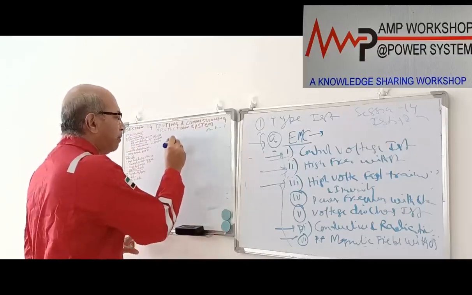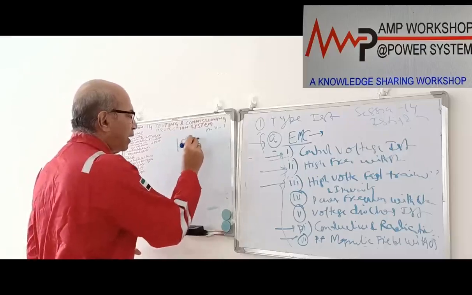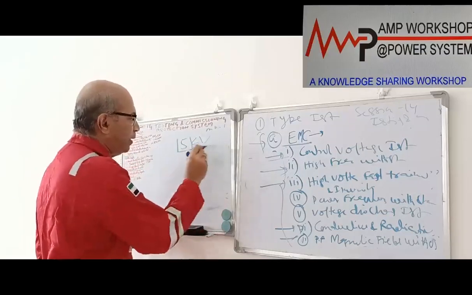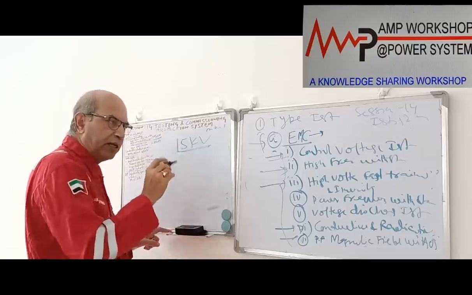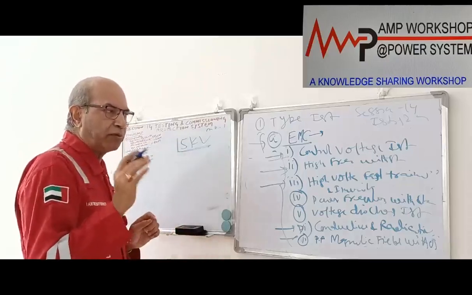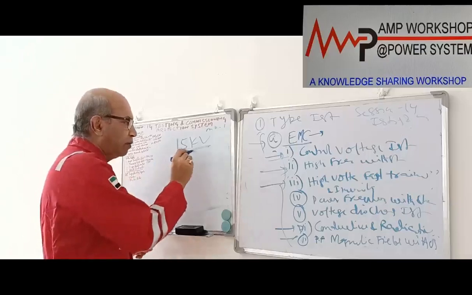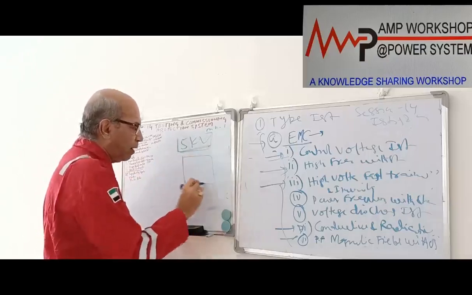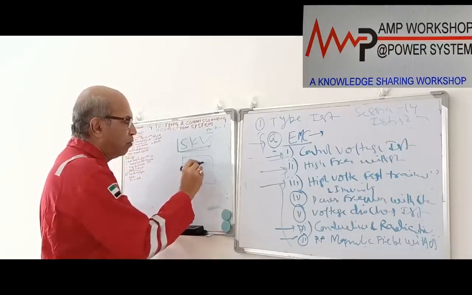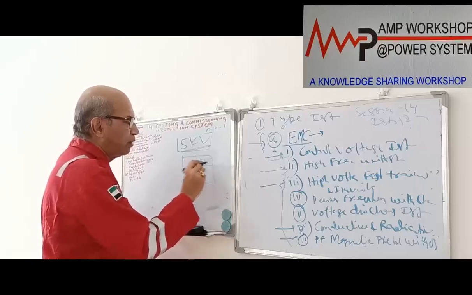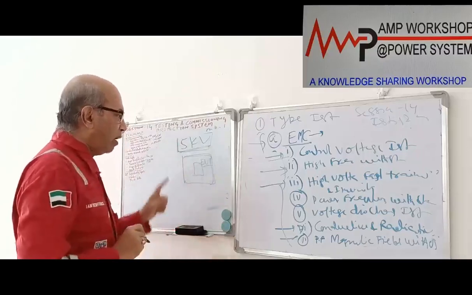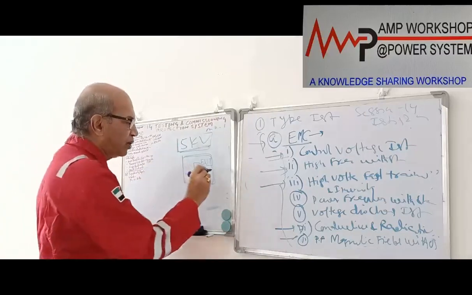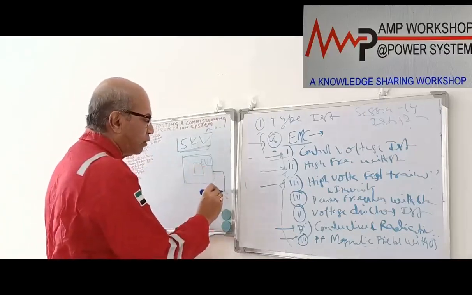We inject 15 kV voltage, we charge the cover with 15 kV, and then we discharge this 15 kV charge from the relay. The relay remains energized. All the input, output, everything is connected. Now we charge the cover. Suppose this is the cover and the relay is located in that. We call this the equipment under test, EUT, inside this. Now this cover is charged to 15 kV. After the 15 kV charge, we discharge a particular point from here to ground.